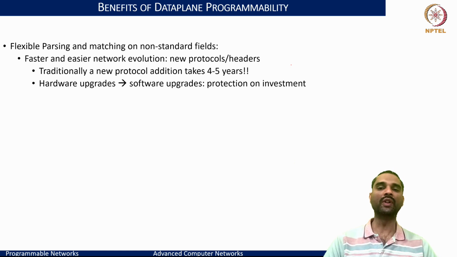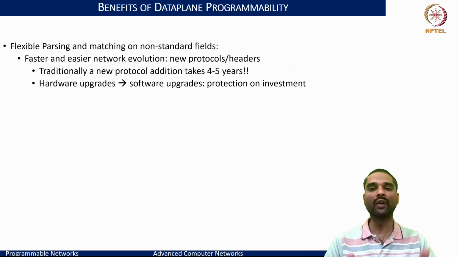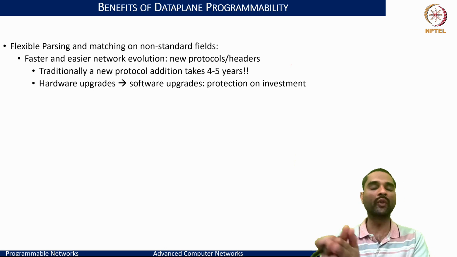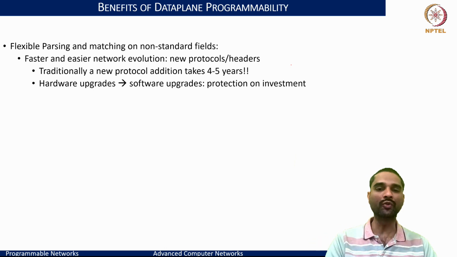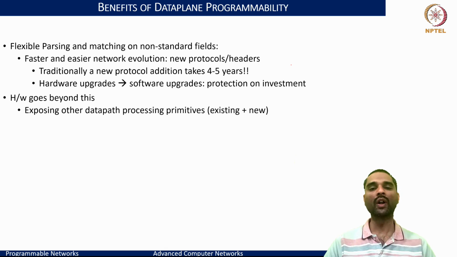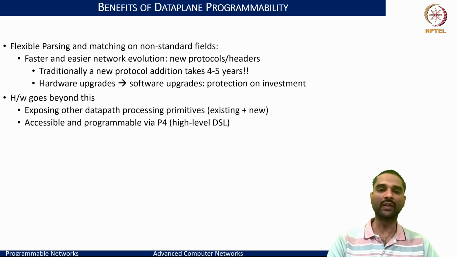And this also is key for lowering the investments that you would have on the hardware, where you are trying to reuse the same hardware with any of the software updates that we can make as long as the resource constraints are met. And through this, the hardware would go beyond providing the data path processing primitives, that is, whatever are the existing primitives, and we may want to build newer primitives which may be a combination of the existing ones to build or bake in the new functionalities.